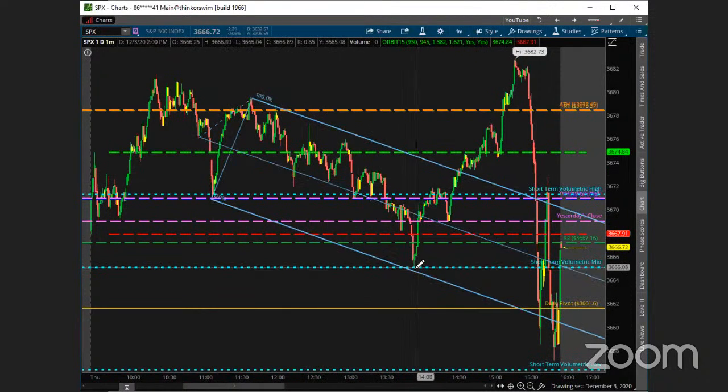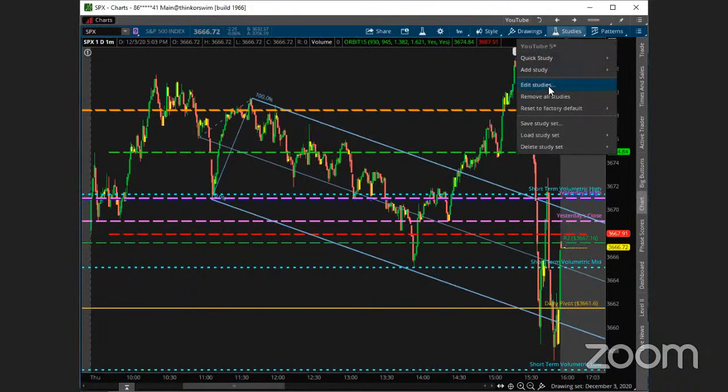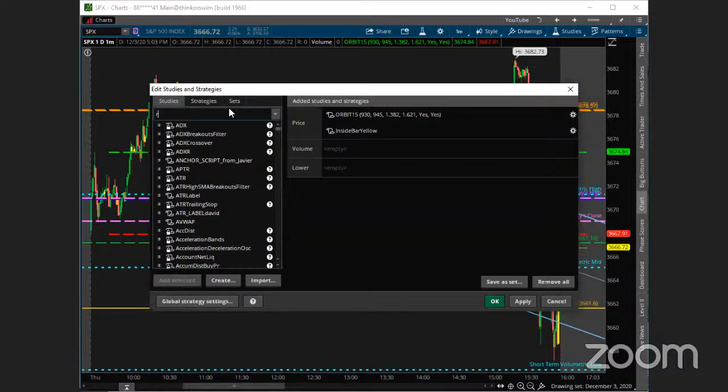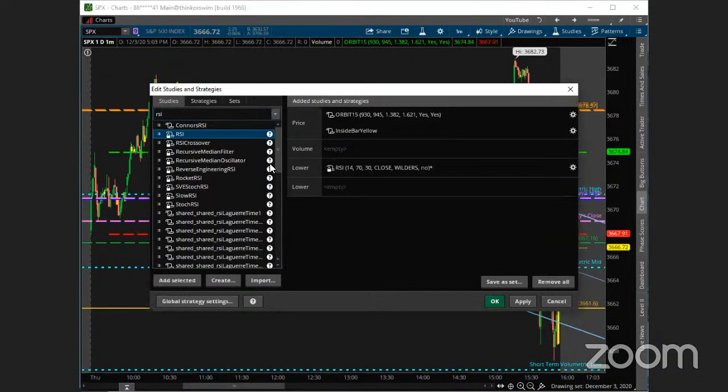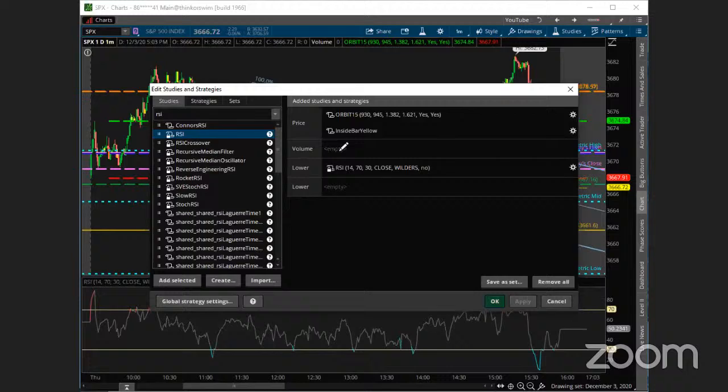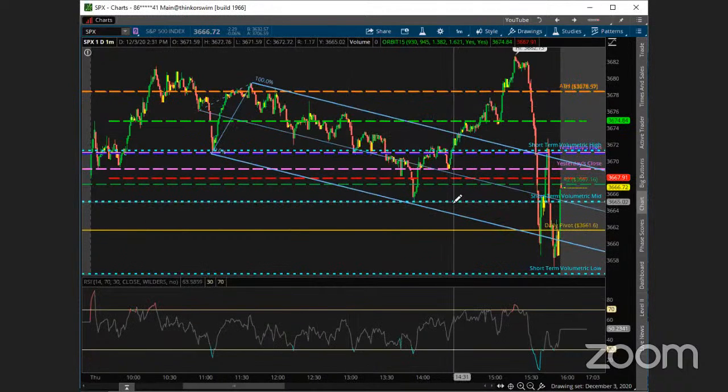So what we could do from this point is put our RSI up. RSI can be a very, very helpful tool with that. So let's get that pulled up here. What we like to do is have it set at the 70-30. One of the key levels that we look for are overbought and oversold areas. That's the cool thing about these pitchforks, they can help us find areas. And a lot of times if we have a declining pitchfork like we do right here, we would expect to find an oversold level for a bounce if we get close to the pitchfork level.